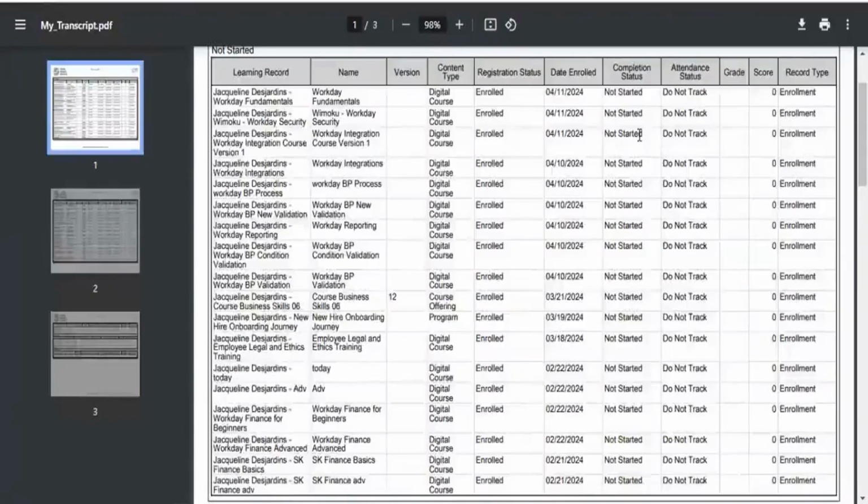That's what I was telling yesterday. Customers will give their own requirements, that they want a transcript with employee details, with manager details, with which team the employee belongs to, which manager, which department. We can add that in the transcript and have it prepared.